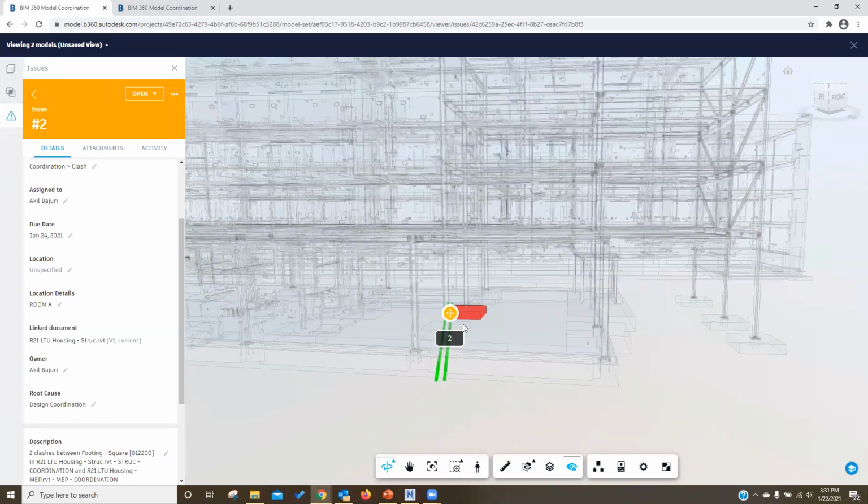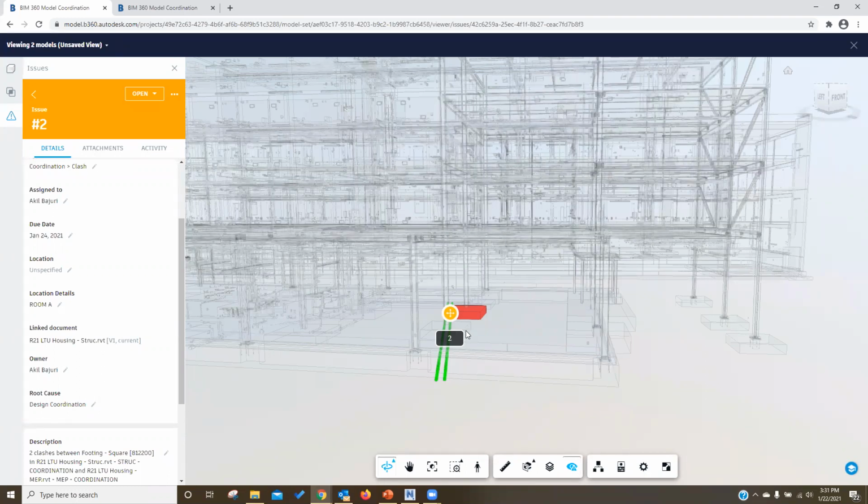When using Navisworks, you have to wait for the coordinator to generate the reports, and sometimes the report is not based on the latest model because the coordinator has to download the model manually and run it in Navisworks, and they might have missed the latest model from BIM 360 that they downloaded. So that is something we can avoid by utilizing BIM 360 coordination features.